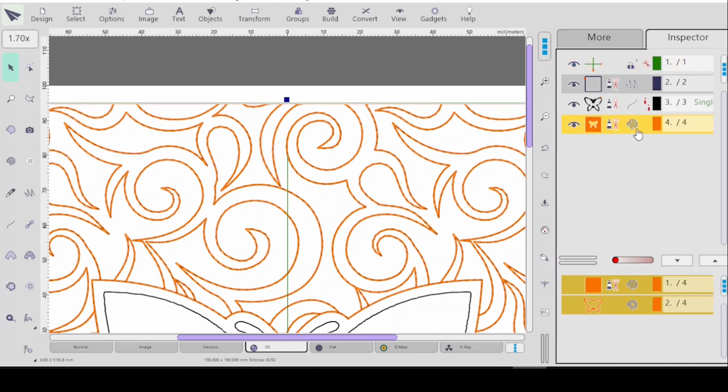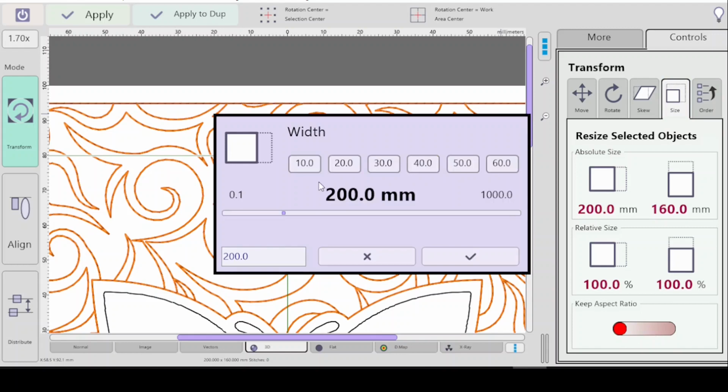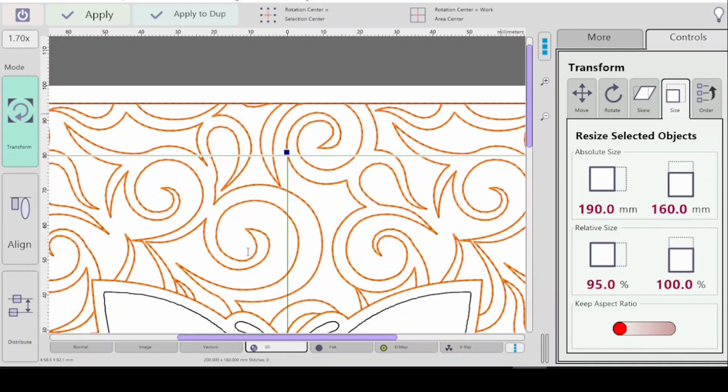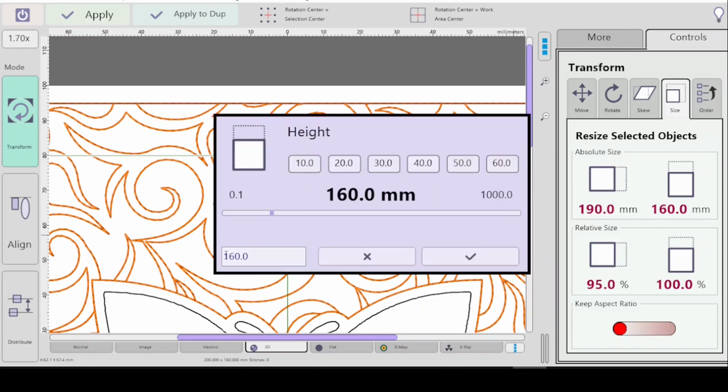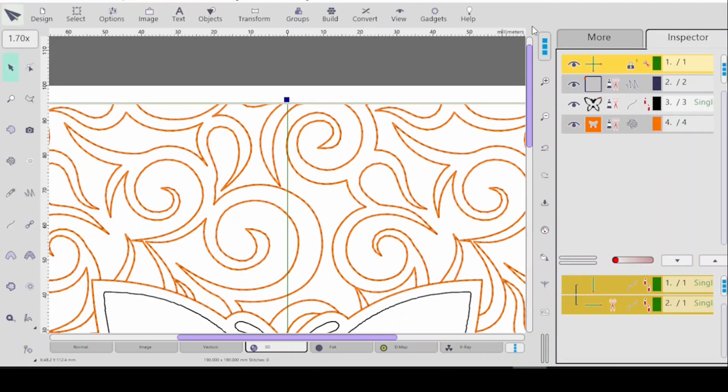So I'll click on my mesh. My mesh is 190 by 190. I look down at the bottom to see that. So I'll click on this and I'll go to Transformation Window or Control-Alt-T, click on Size, keep this unchecked, 200, 190, enter, click 160, 90, enter, click Apply, and then Escape or this button here, and now it's the